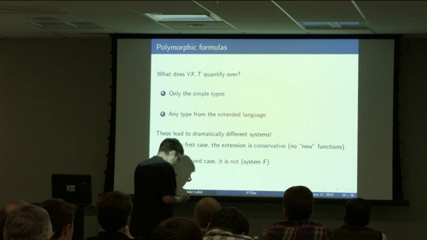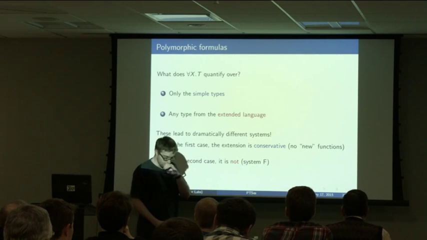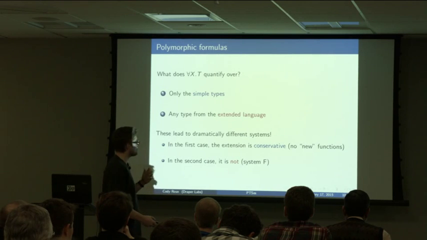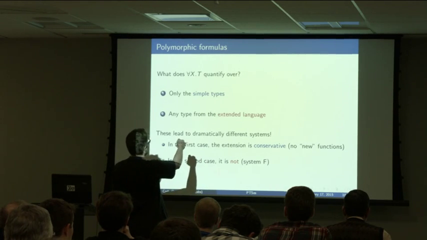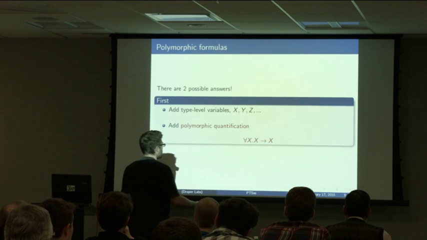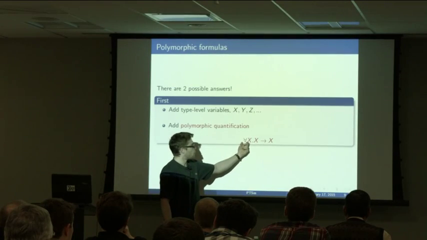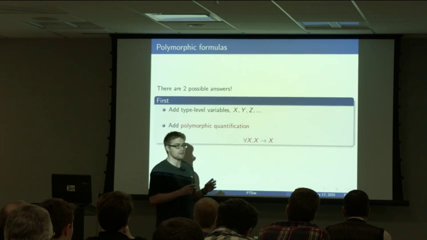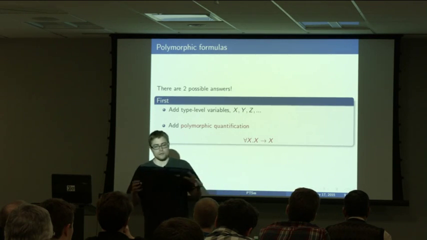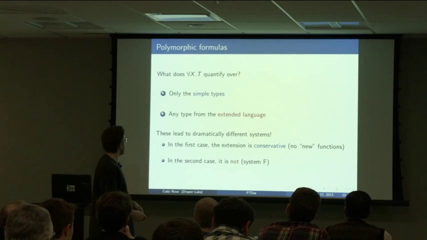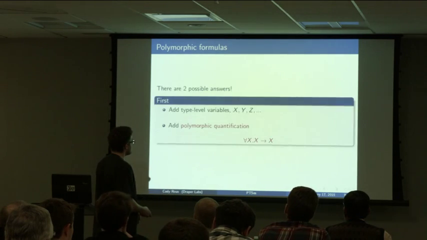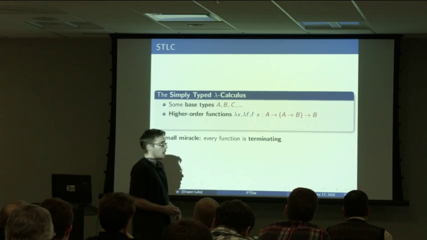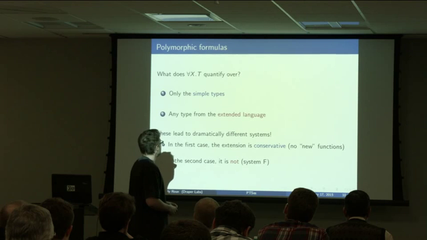But one thing that's a little bit subtle, and that I don't think we think about that much originally, is that when you have this type for all x, x arrow x, this sort of quantifies over something. It refers to all possible types. But what is that all possible types? What is the universe of types? If it's only the simple types, which we saw here, right? This is a simple type. Well, that's great. But